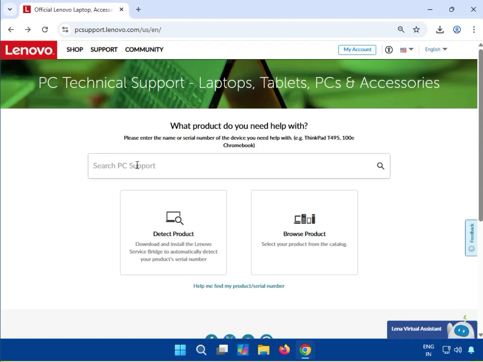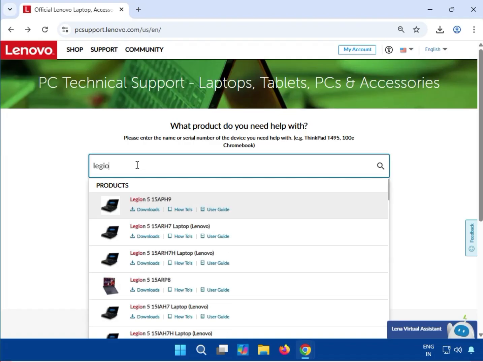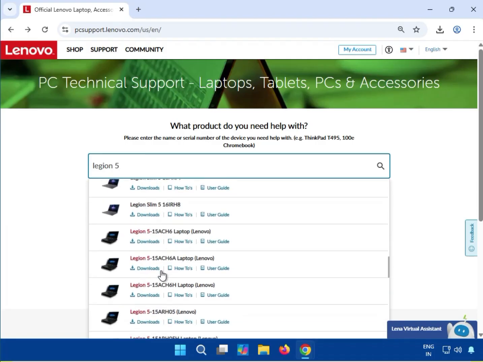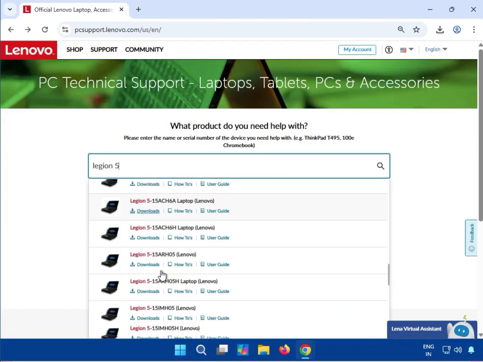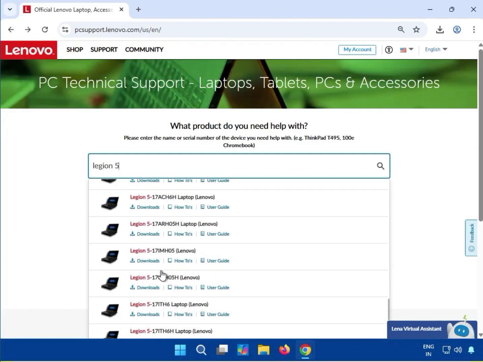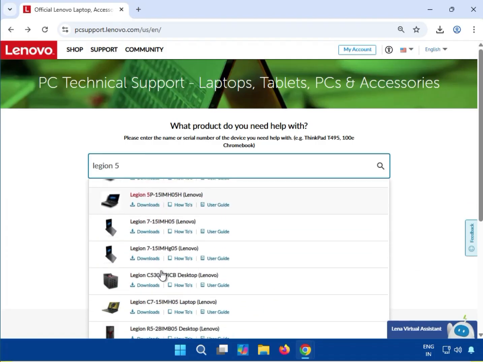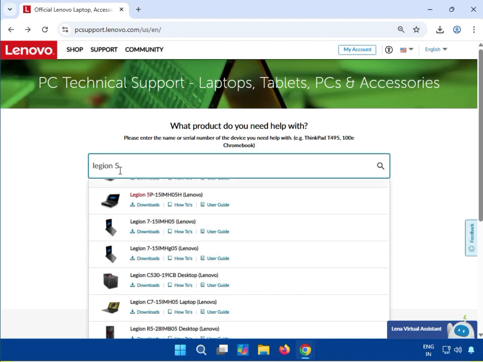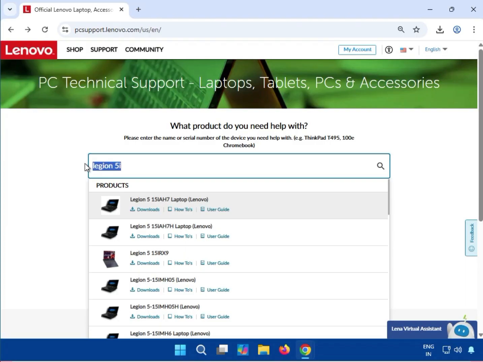So guys, first method: click to type Legend 5. Okay, all the Legend 5 Pro, and you can see Legend 7 all. If it is not showing here, just type Legend I, yes, sorry, I, copy, type